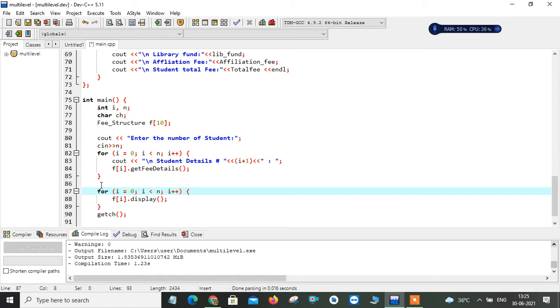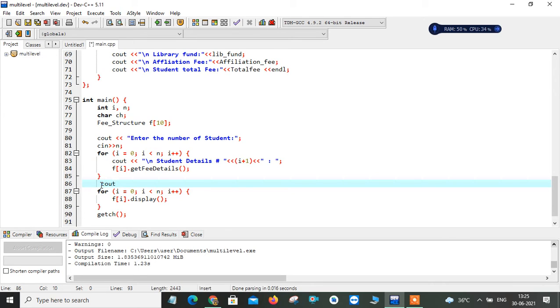By using this for loop I am trying to display all my records. So here I am going to give the statement, backslash n, student records. Here I need to give double quotation marks because this is a string constant, and within that string constant only I can give this value. Simply you can close with a semicolon. And after that, for i = 0, i less than n, i plus plus, it will display all the records.